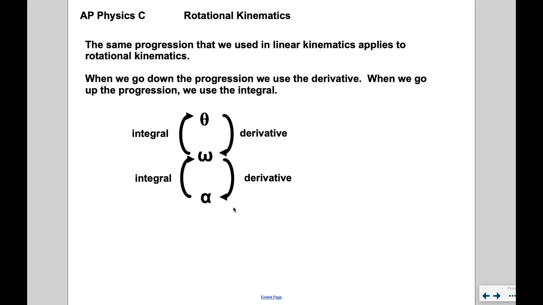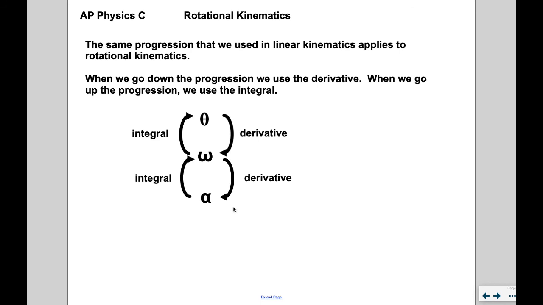And if you remember, this is when the polynomial degree decreases. So if our position is a function of t cubed, when we do the angular velocity and we take the derivative, the degree of the polynomial should decrease from 3 to 2. And then when we do the derivative again to find the acceleration, the degree of the polynomial would decrease again